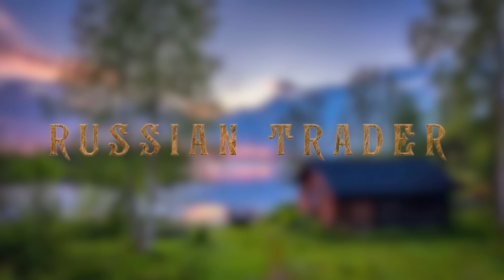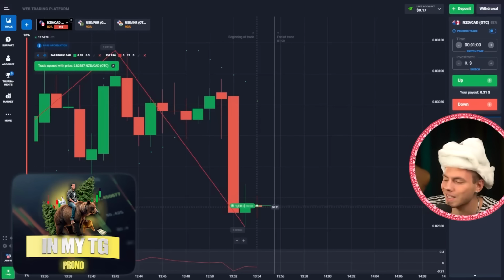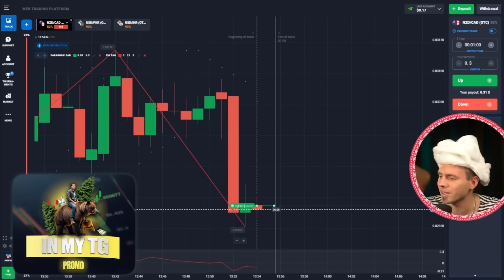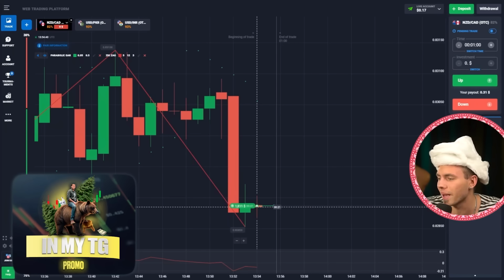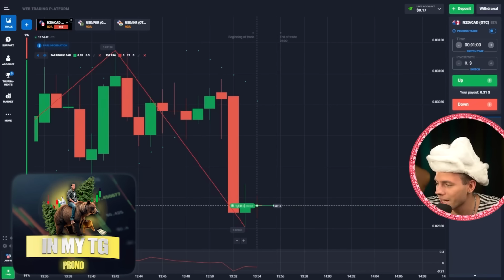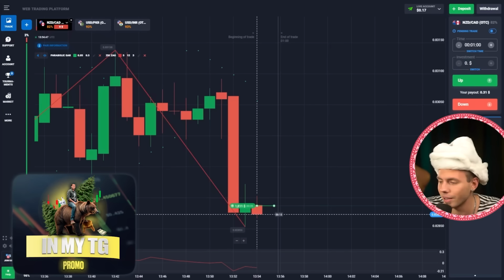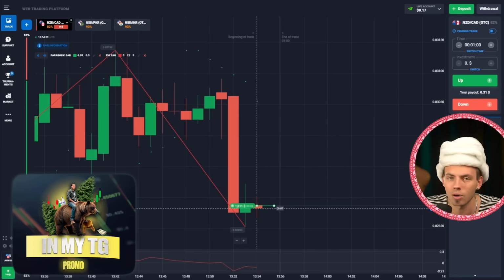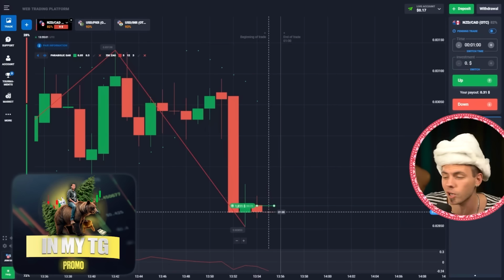Okay, very interesting situation. Let's set the amount right now, and I'm opening a buy trade over here. So what pair do we have? We got the New Zealand dollar to the Canadian dollar. Interesting. A very large paranormal bearish candle over here, you see. We expect a bounce from the local oversold zone upwards right now. That's the only possible continuation of what's happening over here, because this one candle was extremely paranormal, and that's what I was telling you in the previous videos, if you have been watching them,